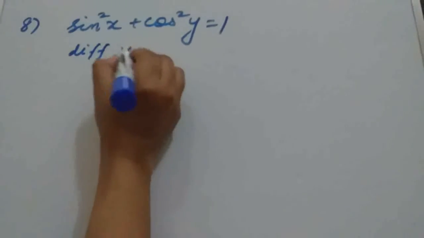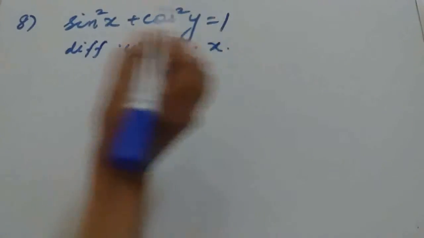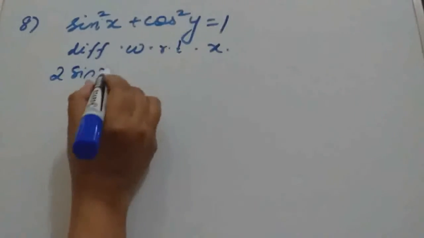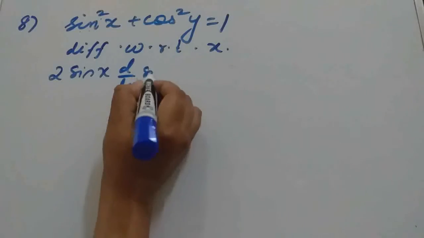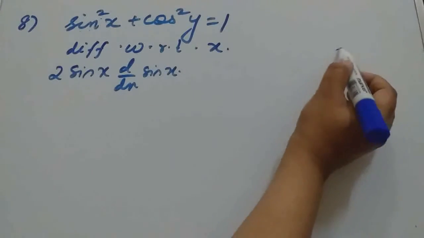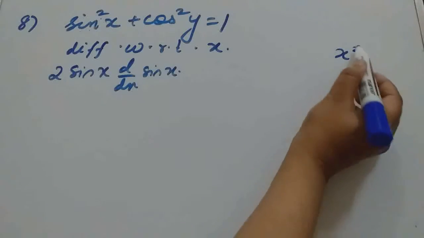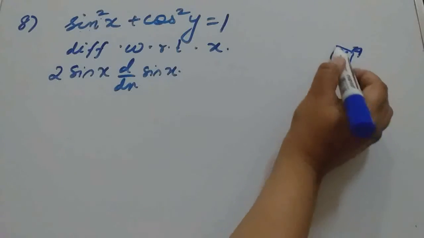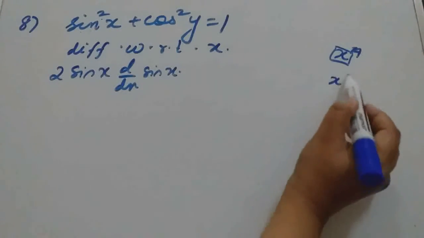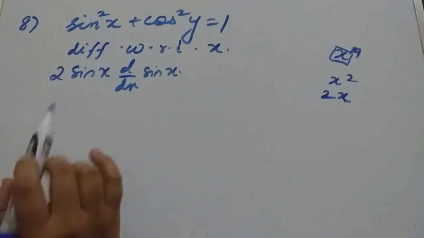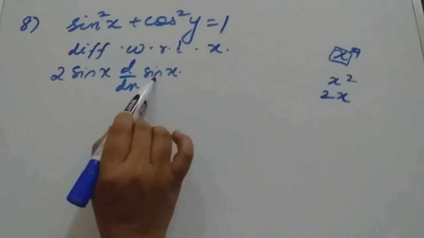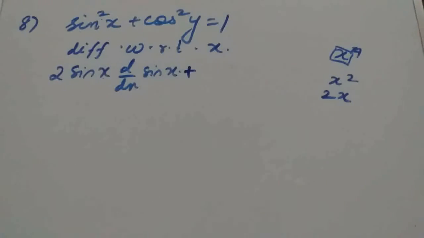Differentiate with respect to x. See, sine square x, we can write 2 sine x, then derivative of sine x. Why? Because it is a composite function. We have the power formula in terms of x only, isn't it, x power n. Other than x, here it is sine x, so we will take according to this formula only. X square means derivative will be 2x, so 2 sine x, but derivative of the composite function we should multiply. Here also the same thing will happen,